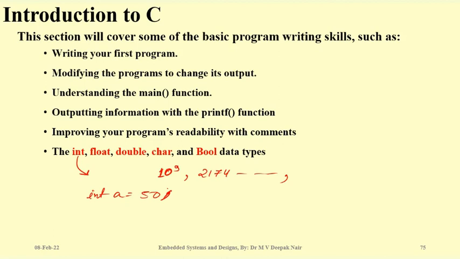Right or not? Because now you are using a variable of any data type, int, float, or double, but in real terms you don't know what the maximum number can be, and it might be possible you are entering something into the int and actually something else is getting entered into the int. What does that mean? For example, if I am entering 50, of course a will get 50, right? And if this number is beyond the size of int, what will happen?